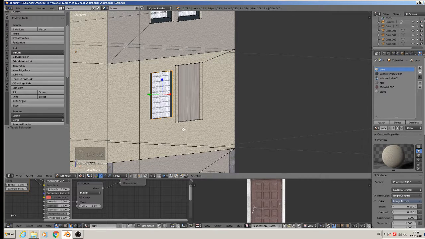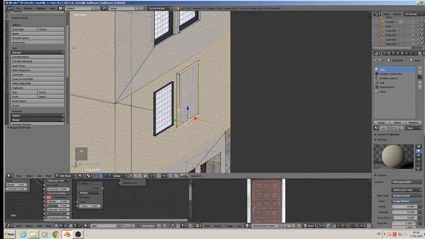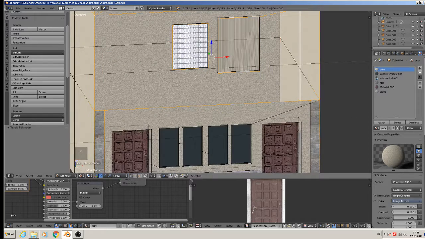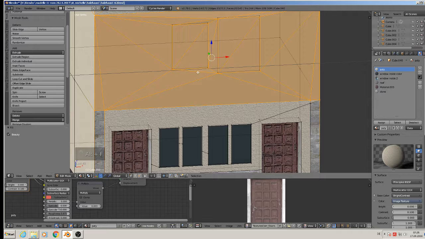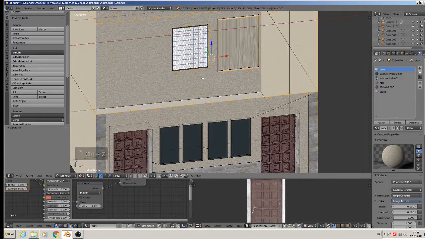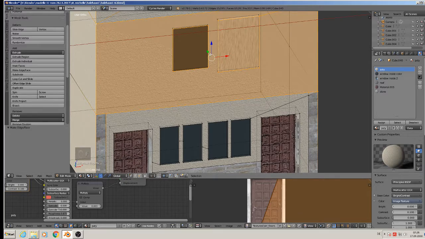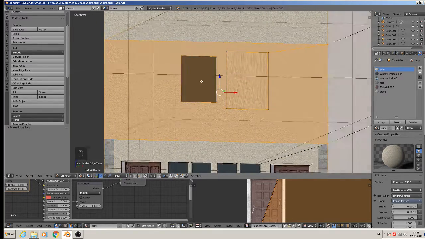That's not so good. But we try to redo them. So we mark all vertices there, and then Alt F or Control Z, go back and simply make it with F. Both is possible,